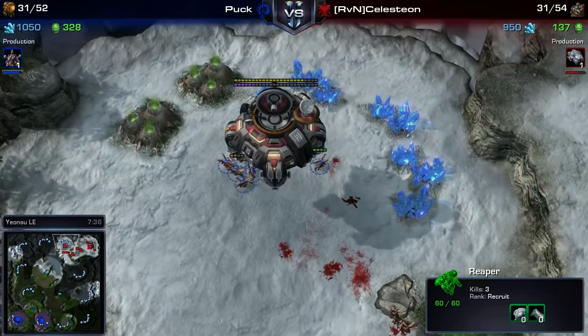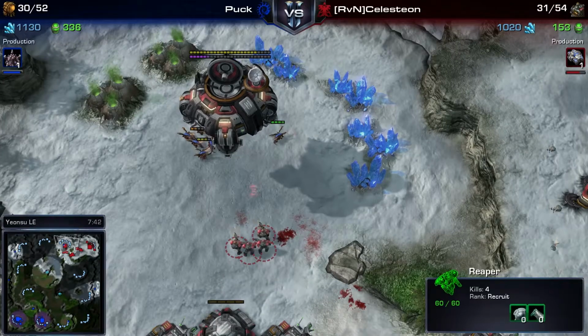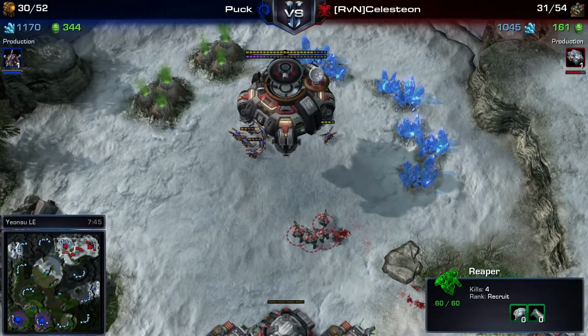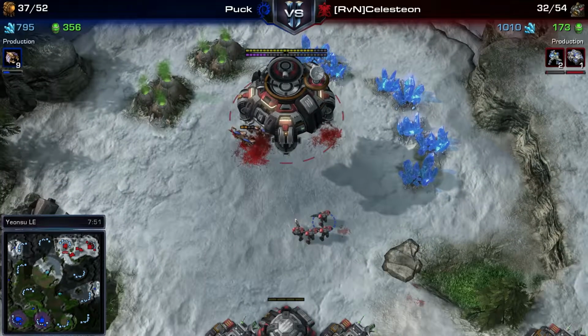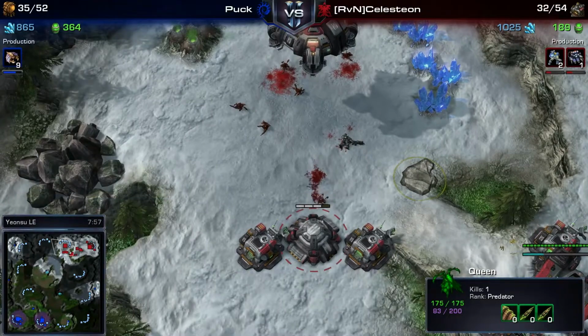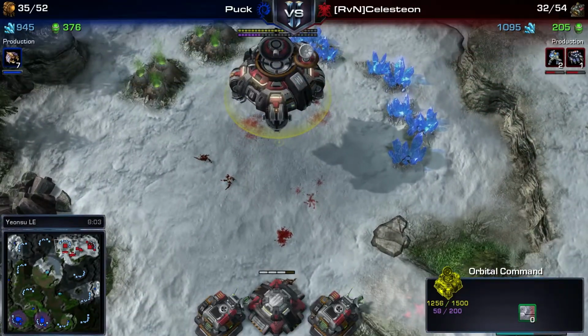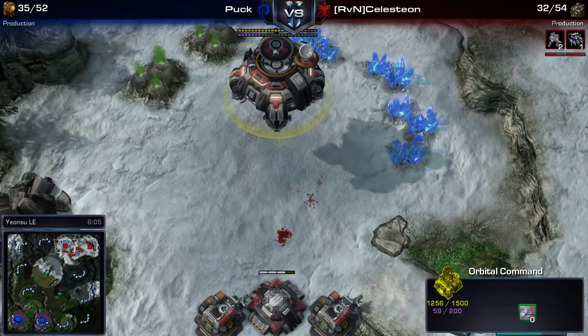I'm going to leave it centered on Puck, so we can keep an eye on the number of kills he's got. But 4 kills. Those Zerglings there being more of a pain, unfortunately, now, because Celesteon obviously took half the ball to bring the Queen over, which has allowed the Terran player to mop up that base. And those are quite nasty casualties, so let's have a quick look at...